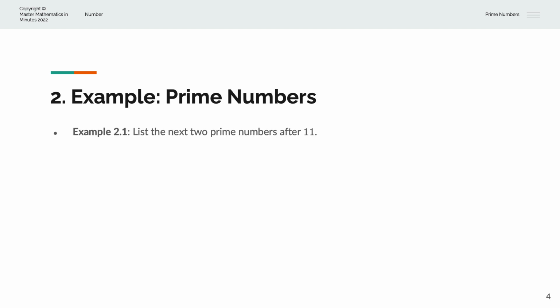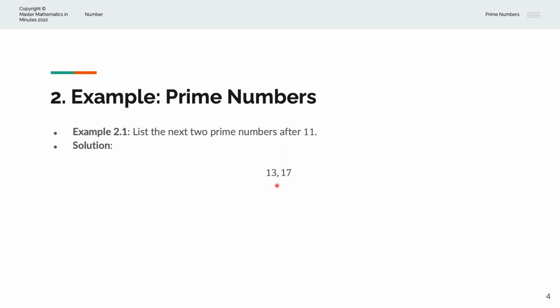In the first example, we're asked to list the next two prime numbers after 11. So we have 13 and 17. So consider the number 12. The number 12 comes after the number 11. However, the number 12 is divisible by 1, itself 12, and for example 6, and so it is not a prime number. And the number 14, which comes after the number 13, is divisible by itself 14, the number 1,